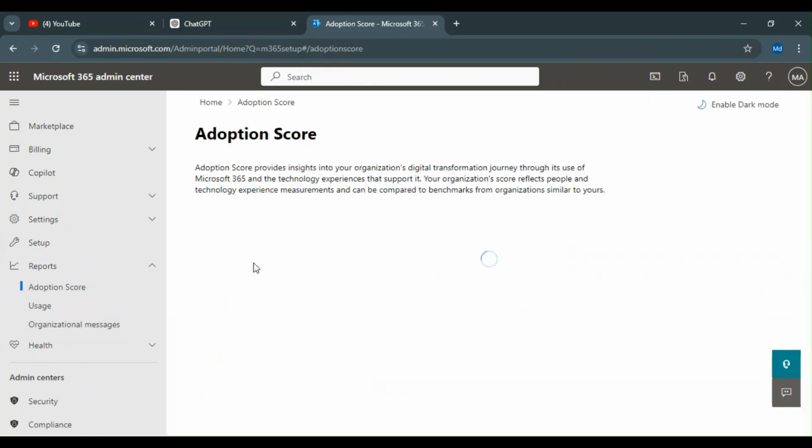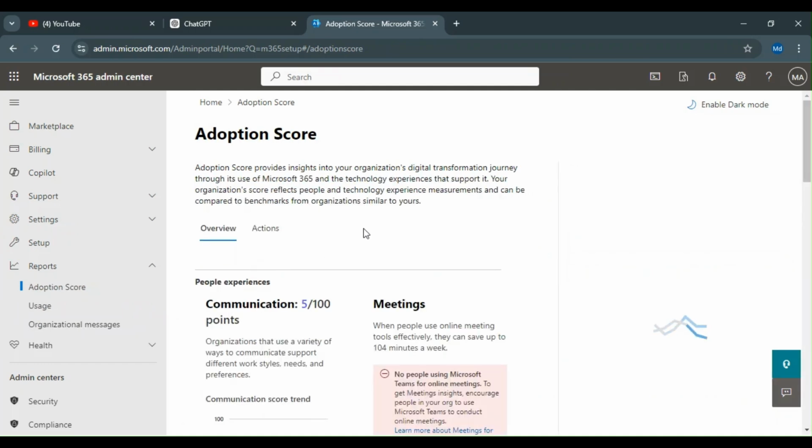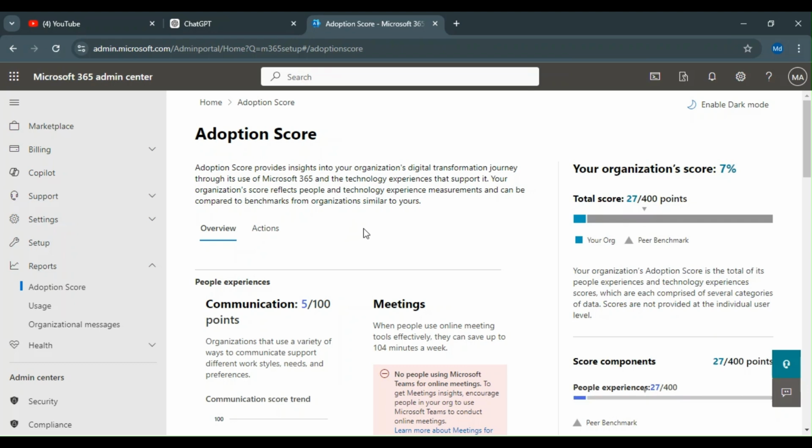So basically, what is the adoption score? For example, if your organization recently started working on Microsoft 365, they are not aware of how we can use these M365 applications. And sometimes if you switch from a third party to M365, most users are not using M365 for communication. So you can use this option, the adoption score will give you the idea of how much the organization is using these M365 features for connecting and communicating with each other internally as